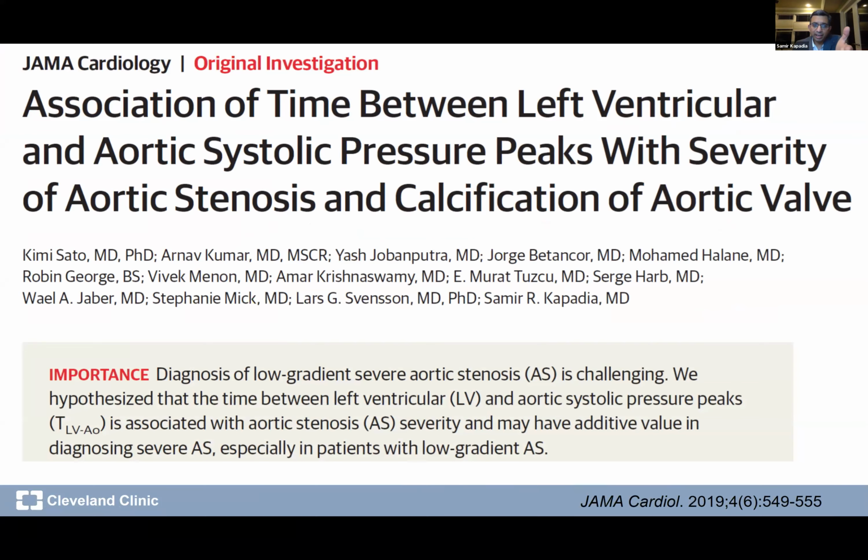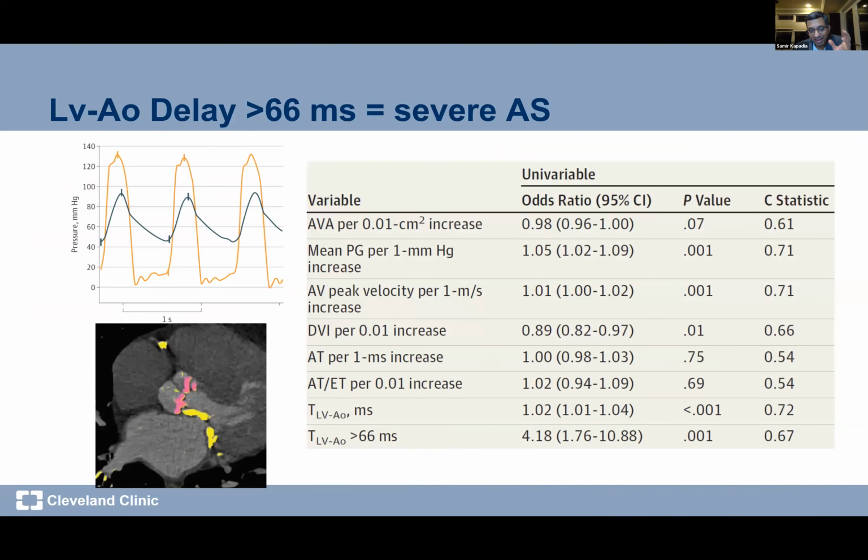So if you look at the patients who have, what is the left ventricular, if you want to measure that in the cath lab, what can you do to say if somebody has severe AS or not, if they're low gradient? So the very simple thing to do, and I thought it was very easy to do,